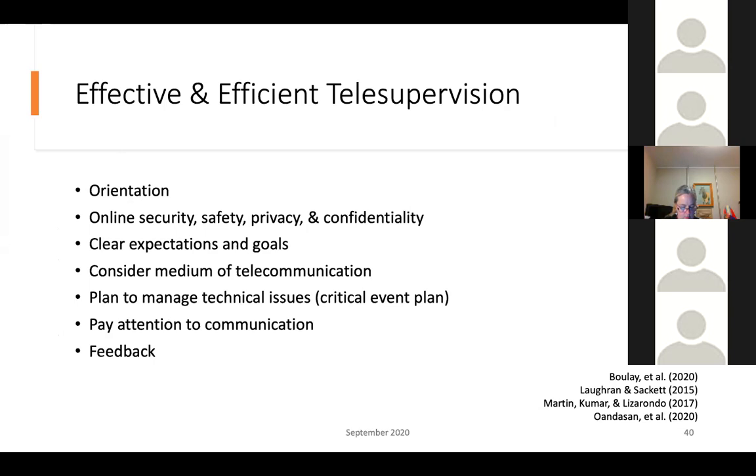In telesupervision placements where the student is not with the clinical educator, it's really important that there is an orientation for the student, so that the clinical educator orients the student to roles, caseloads, telepractice and telesupervision, the feedback schedule, what the plan is for that day, week, the placement in general, as well as, of course, online security, safety, privacy, and confidentiality issues,